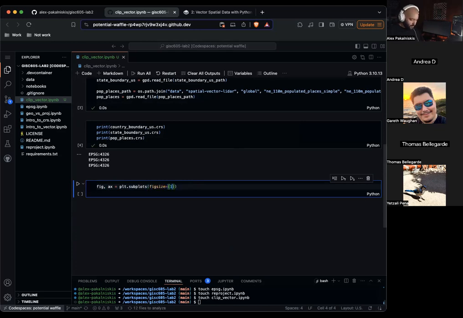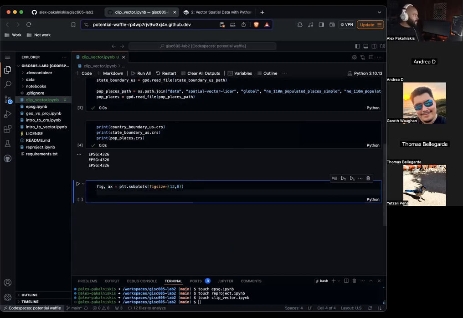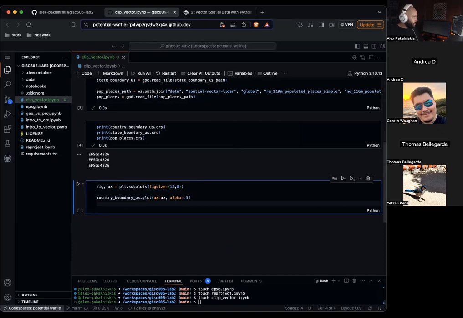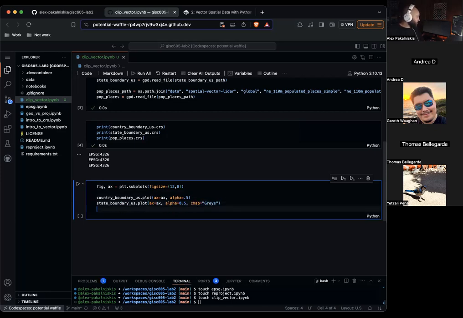Figure size equals 12 by 8. So let's do country boundary US dot plot, ax equals ax, alpha equals 0.5. State boundary US dot plot, ax equals ax, alpha equals 0.5, cmap equals Greys. Populated places dot plot, ax equals ax.